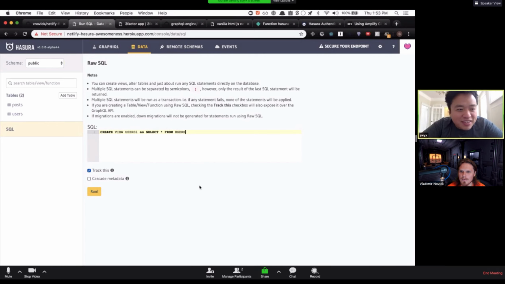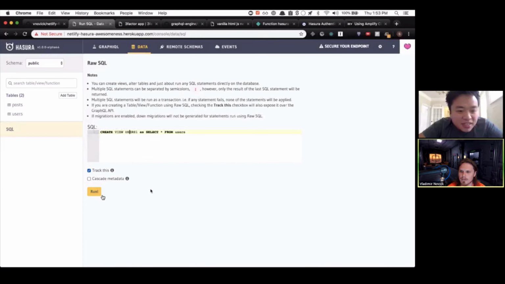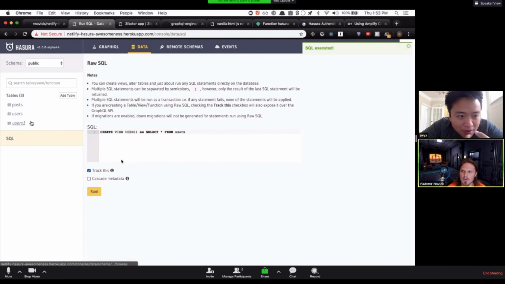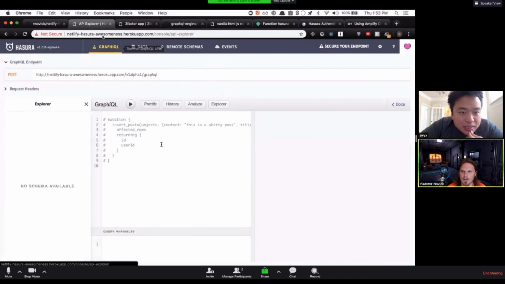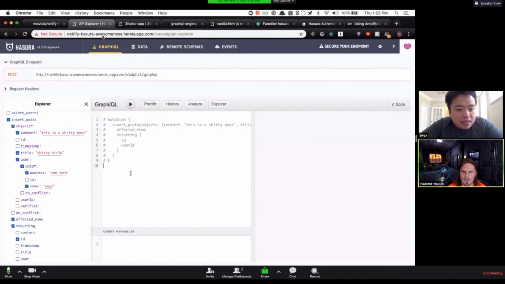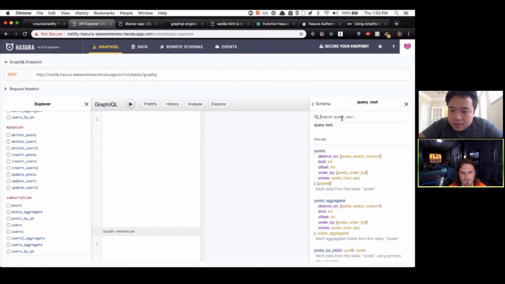Hey, look at that. Yeah, if you run that, you'll see users is here. Now the cool part, if you go to GraphiQL, and go to docs, for example, and queries and subscriptions, you will see users one there,